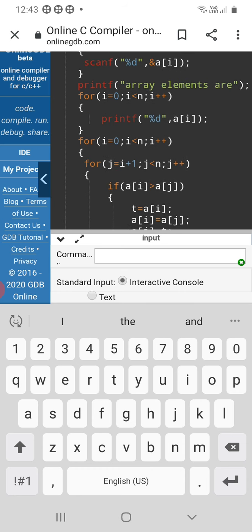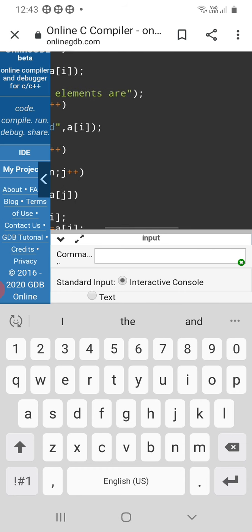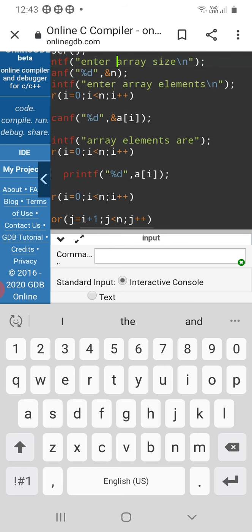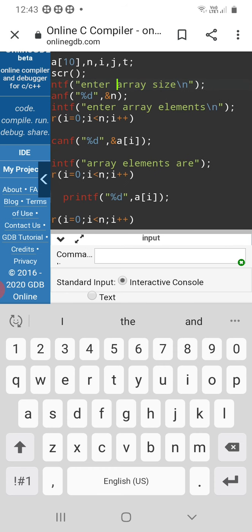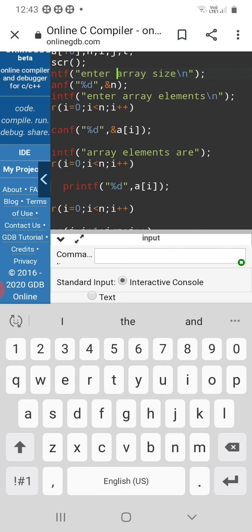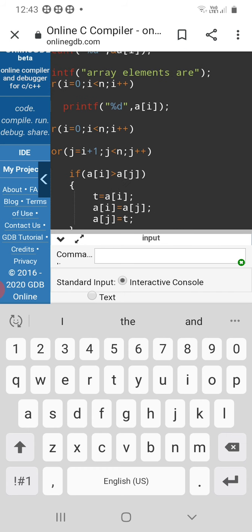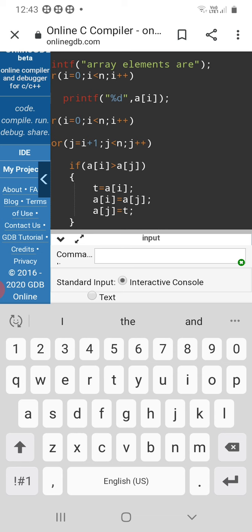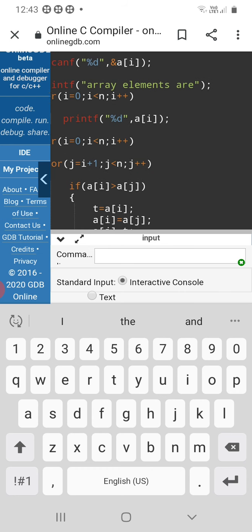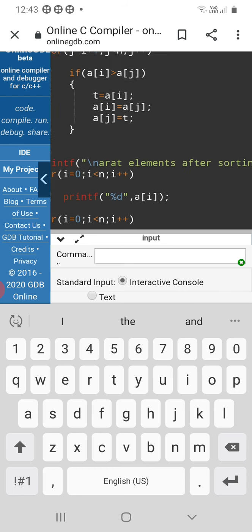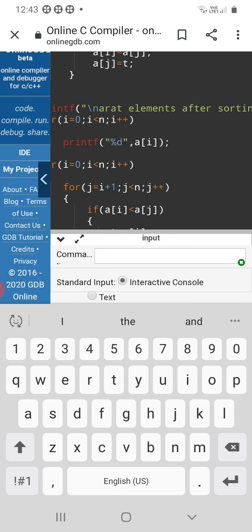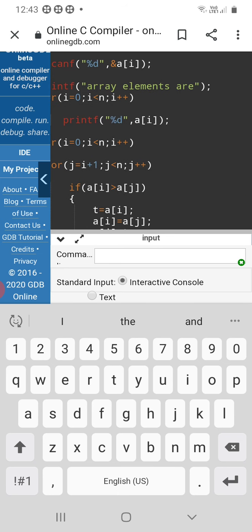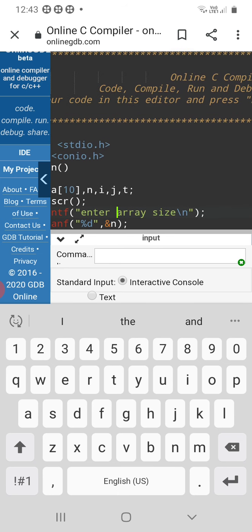Closing this. I'm hoping it is error free. Next, using the for loop. Run the program. I hope it is error free.